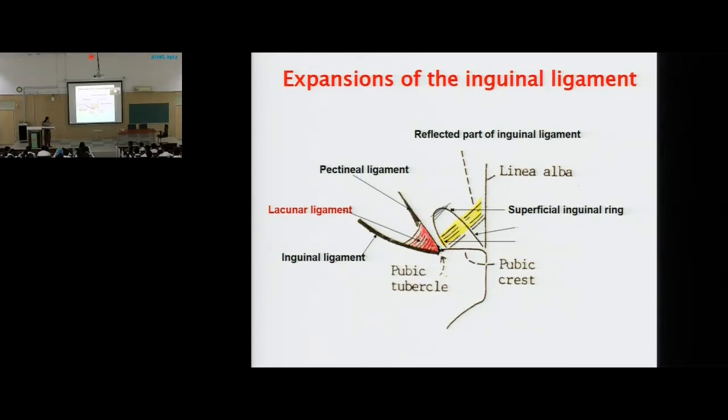अब यहाँ पर ये डायग्राम दिखाने का क्या मतलब है? To explain you this ligament that is called the lacunar ligament. Lacunar ligament again is a modification of what? Of the inguinal ligament. So this was the inguinal ligament. Then we said this is the superficial inguinal ring. Now यहाँ पर जो external oblique aponeurosis के fibers are attached on this, that is the pubic tubercle.